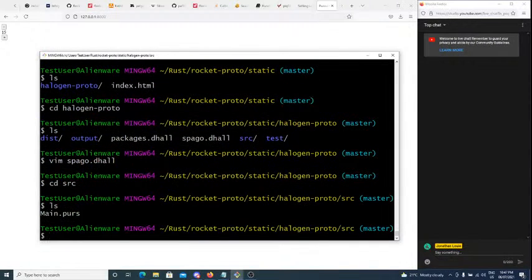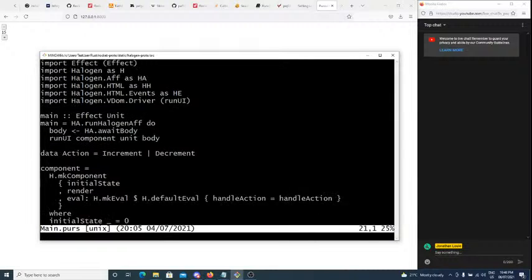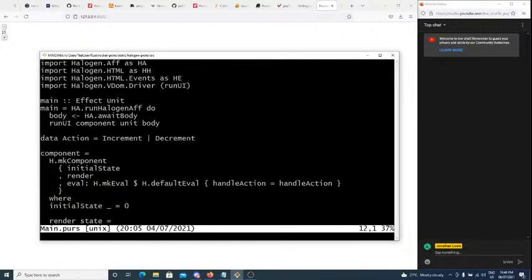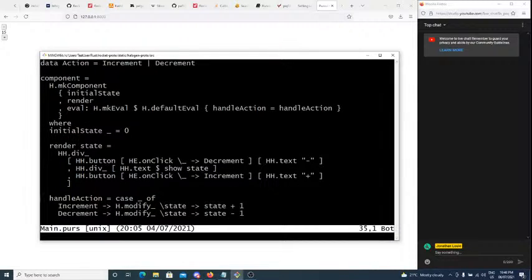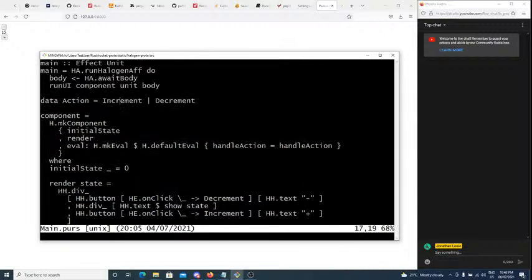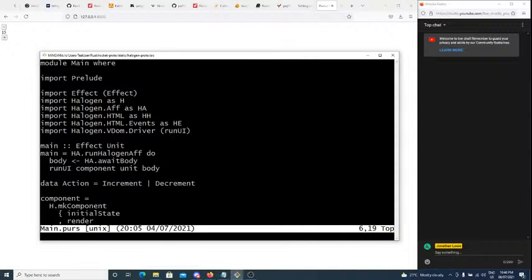Source, not too much happening here. We have main.purs. This is a PureScript file, obviously, as you could probably tell from the name. I have no syntax highlighting here. Maybe you could use a Haskell plugin for that. That would probably work, I would imagine, at least for syntax highlighting. If I was using Nix, I could just toss that into my home manager, home.nix, and that would probably work. But then it'd probably only open for .hs file extensions. Yeah, I'm actually not sure about that.